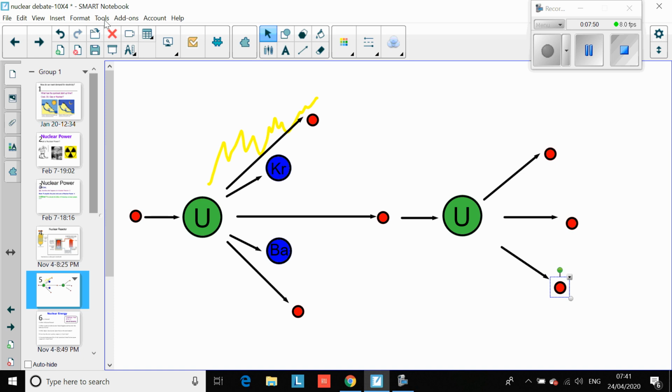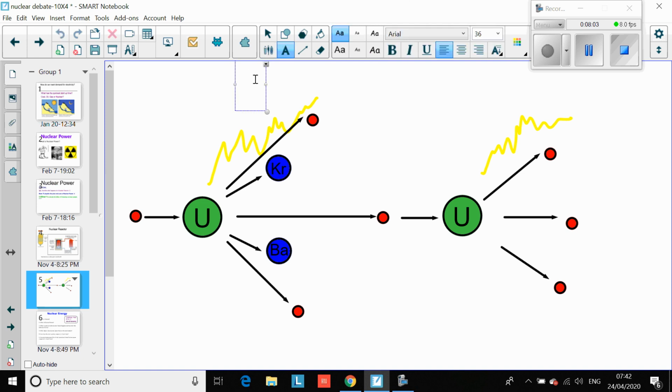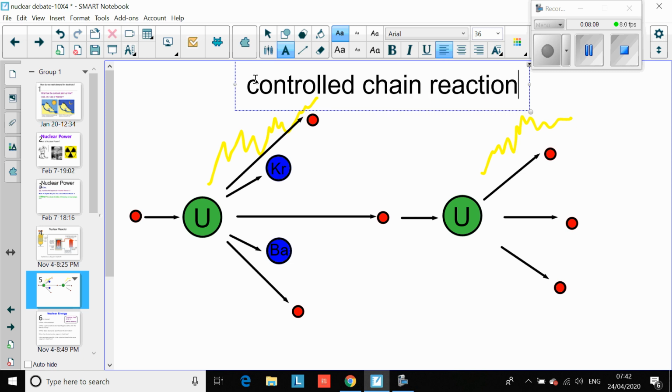It's what we call a chain reaction, and every time they split, sorry, I should really say, they give off some energy, which is the heat. There it goes, and that heat is used to heat the coolant up. So this is called a controlled chain reaction. Now, you're not going to learn about this properly until year 10, but it might be useful to have that